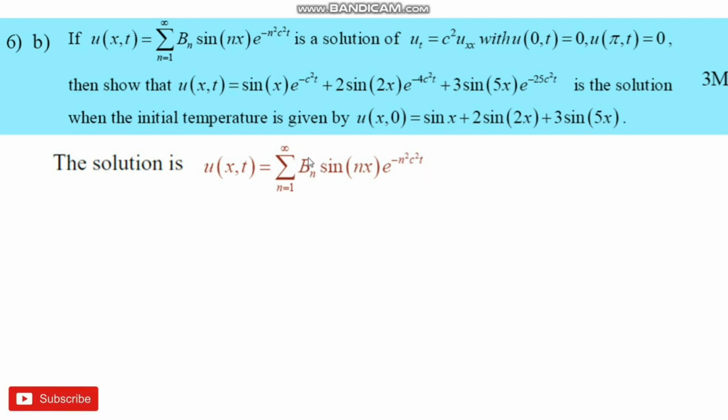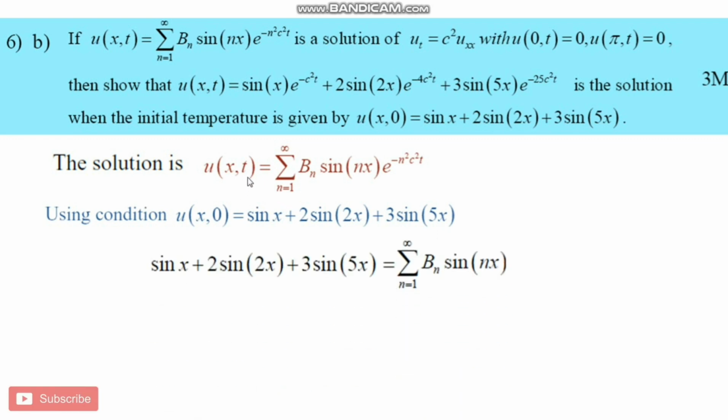To find bn, we need to use this initial temperature condition, u x0 equal to sin x plus 2 sin 2x plus 3 sin 5x. When t is replaced with 0 in this solution, u x0, that is sin x plus 2 sin 2x plus 3 sin 5x, is the expression we can see on the left hand side, that equals the summation n varying from 1 to infinity bn sin nx. When t is replaced with 0, e power 0 will be 1. It is a summation notation. We can expand